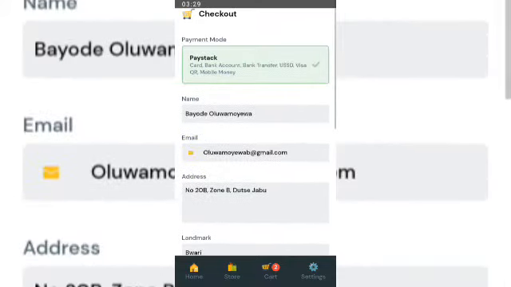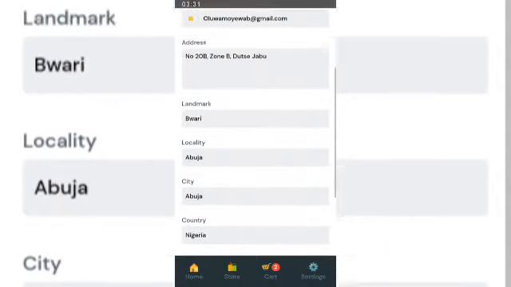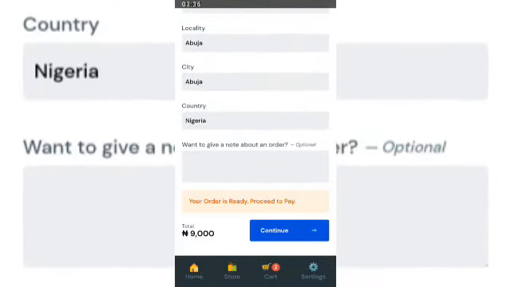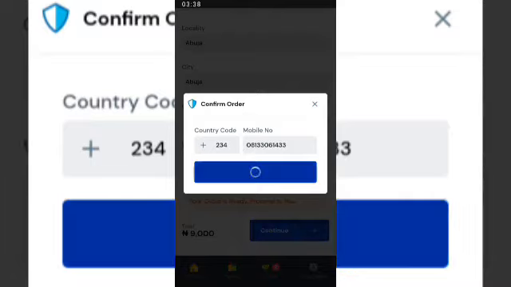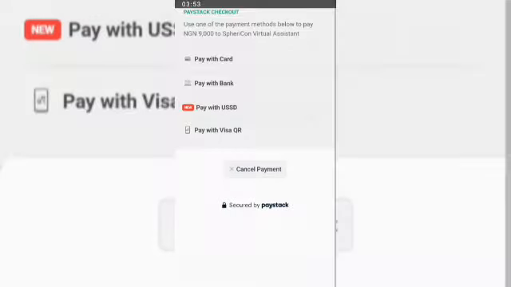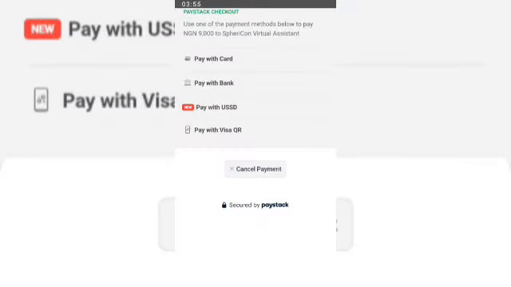We have brief information you have to collect concerning the customer, which the customer will fill, and the customer can click on continue, place order. The country code and the phone number of the customer will be confirmed, and the order will be placed so that the customer can pay on Paystack. Paystack is a fintech app that allows Nigerians to receive money from anywhere in the world. You can be in the comfort of your room and receive money from anywhere in the world. Very safe, very secure. From here, the customer can pick whichever platform he wants using Paystack.